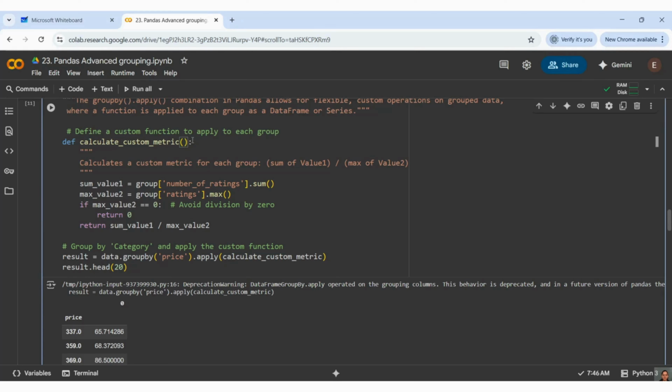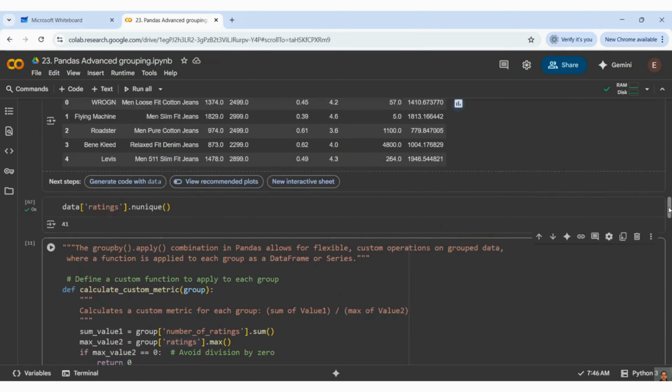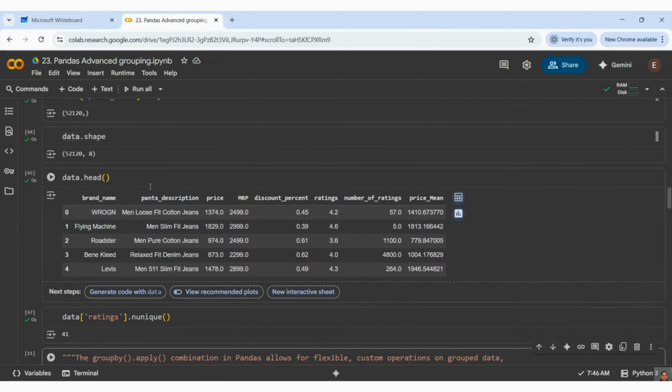Like this. Second, here group is my local variable, correct? So that group I have taken, and I passed my number of ratings. I need the sum of the number of ratings, and I need the max of ratings. So here group is denoting this data only, guys, right?